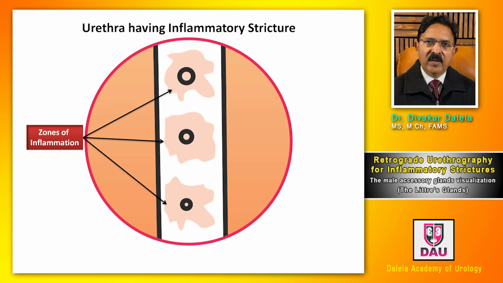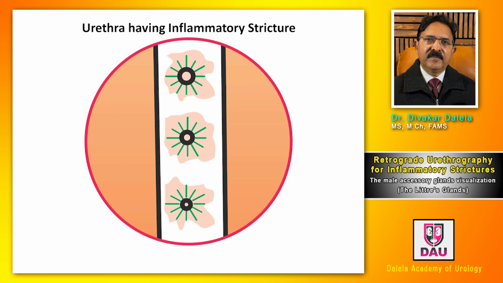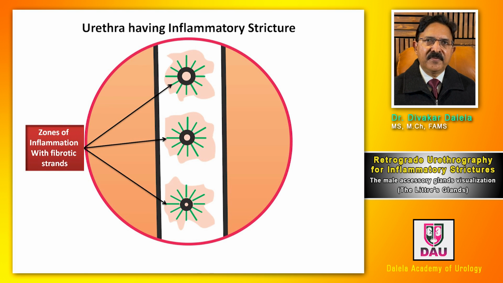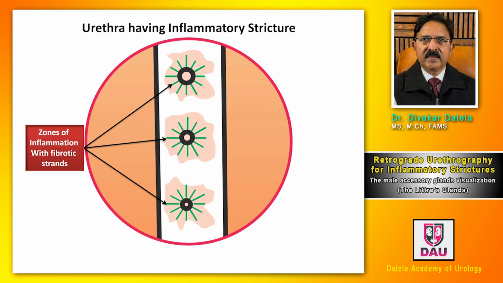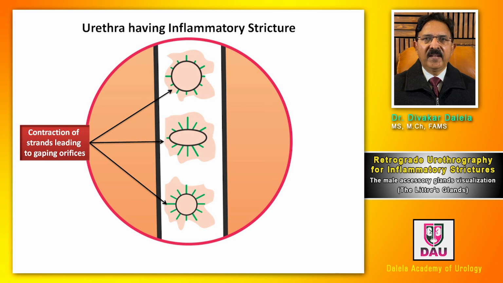When inflammation goes on and on in these areas, you get formation of fibrotic bands. Some of the bands can exist irregularly, some can exist in a radiating manner all around these holes. And when these bands form, you would say that the zone of inflammation has additional fibrotic bands. Now, when these fibrotic bands contract centrifugally, the holes get dilated. So you can see that's how it happens: normal orifice and dilated orifice because of the pulling effect of the fibrotic bands as a result of chronic inflammation.